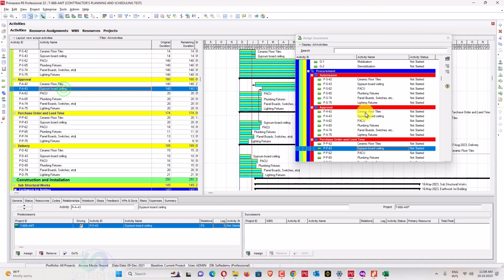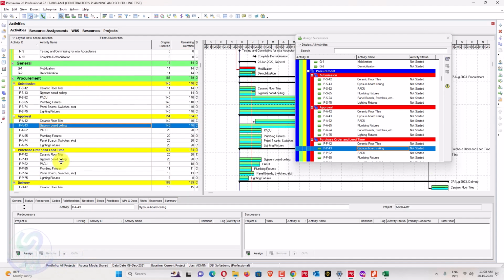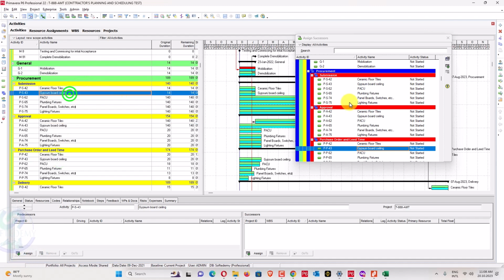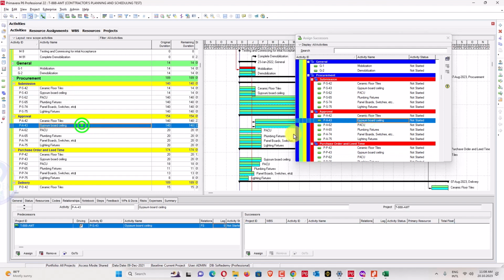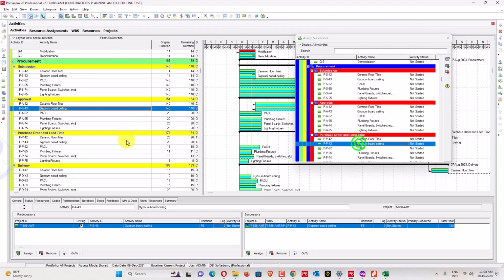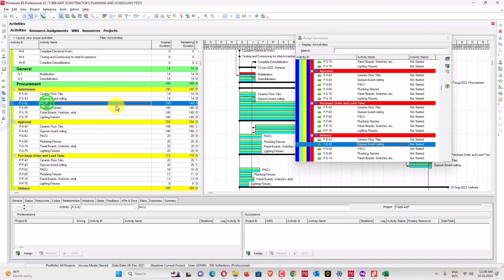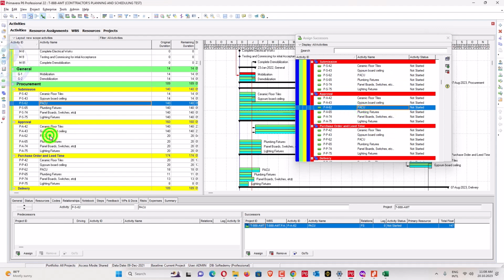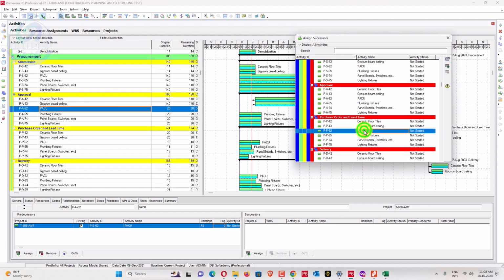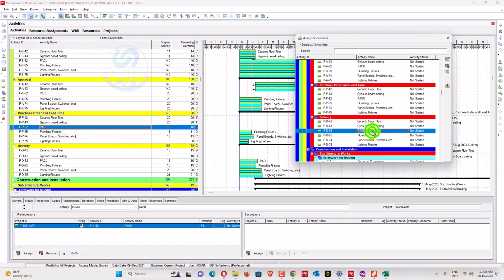This one should be linked with, remove this one. Okay, so remove, no relationship for this one. Gypsum, this one link with this one, and now this one link with this one. Purchase order link with the delivery. So similarly PSEU will link with the second PSEU. Similarly third one will be linked with this one, and this one will be linked with this one.